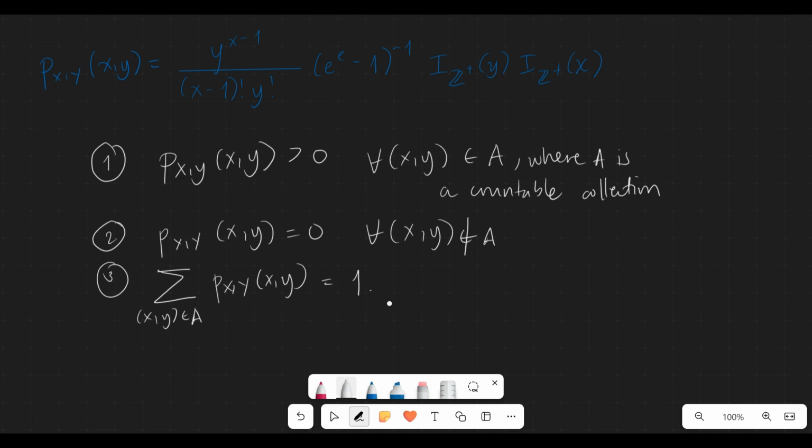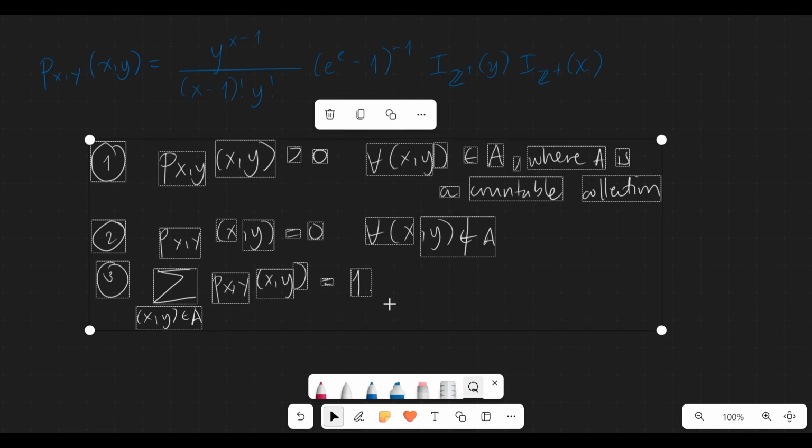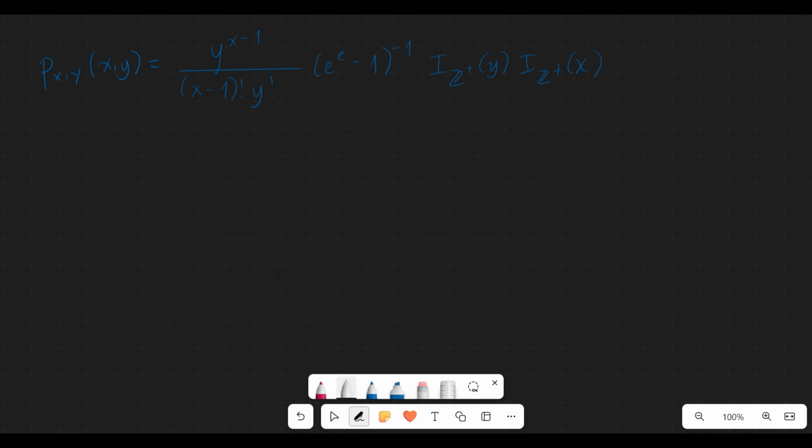First, we want to show that the joint PMF of x,y is greater than 0 at some countable collection. So first, we want to identify what this countable collection is. In this case, we can see this countable collection based on the indicator function. So this term is multiplied to these two indicator functions that evaluate to 1 whenever the argument is included in the set of positive integers. In other words, when y is a positive integer and x is a positive integer, then this indicator function will definitely be